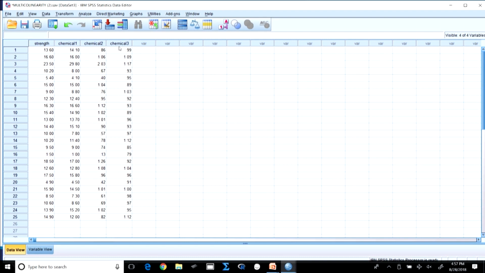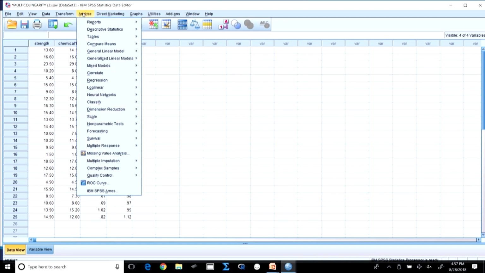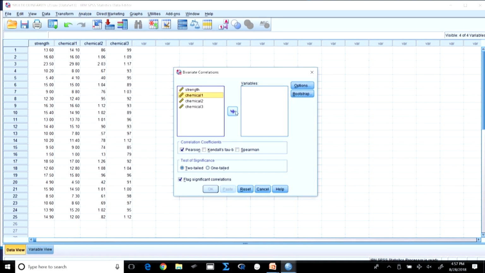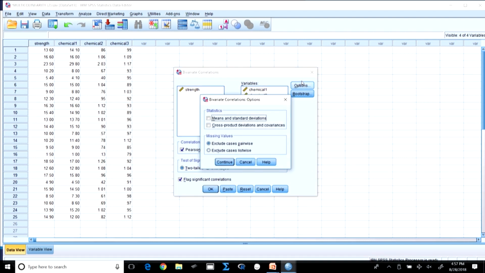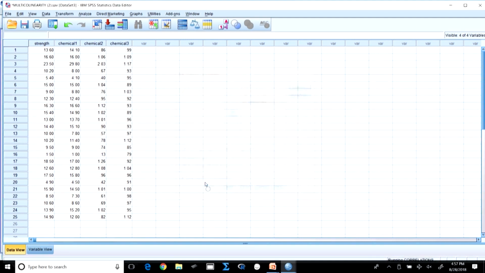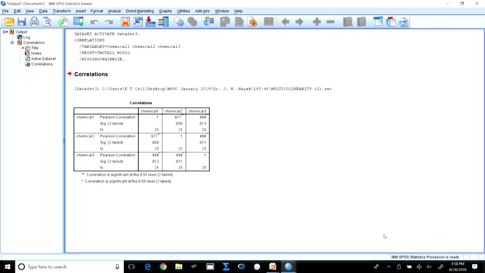So, now if I want to check multicollinearity, first let us just do a simple correlation, right. We want to see the correlation between the independent variables, correct. We do not want to do anything else, just a simple correlation. So, I will go to the SPSS correlation chart now. Now, look at it, chemical 1 versus chemical 2, there is a very high correlation, 0.977, remember it, right. In fact, you can keep note of it. Chemical 1 versus chemical 3 is 0.488, and both are significant.